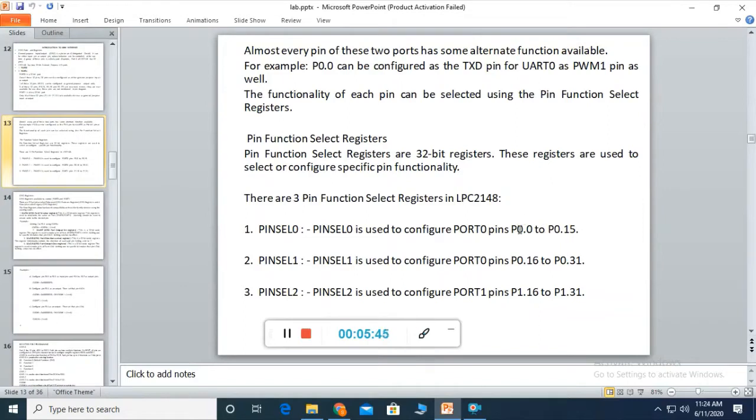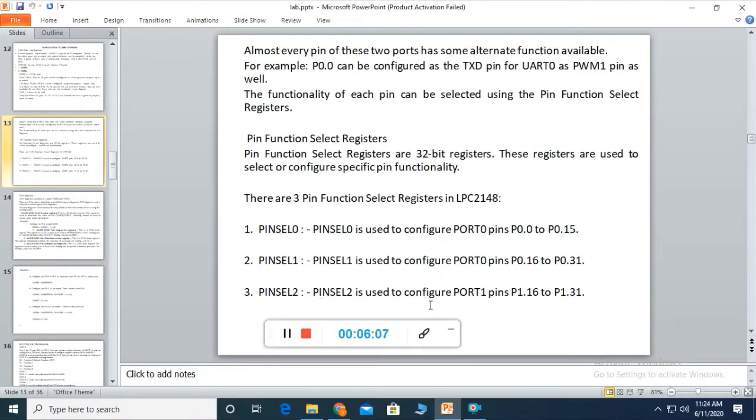half of your port 0, that is 16 pins of your port 0, that is P0.0 to P0.15. So pins 0 to 15, that is 16 pins, can be configured with the help of pin select 0. Likewise, the remaining pins can be configured using pin select 1.